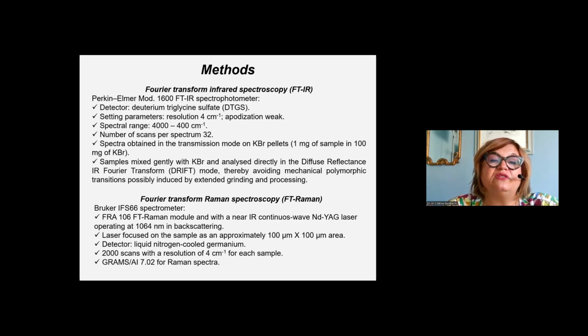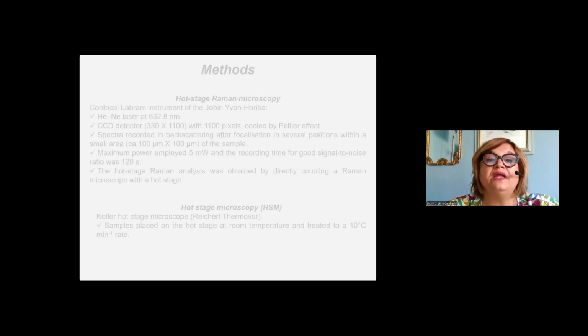When you do characterization of solid forms, you have to use not only one, but different techniques for characterization and identification of the drug. Because I've told you, the molecular structure is not modified, but what is modified, we will see, is some ligands or the crystalline forms. So you have to use, for example, FTIR or micro IR, or you can use Raman, micro Raman. In this case, we have used FT Raman, or